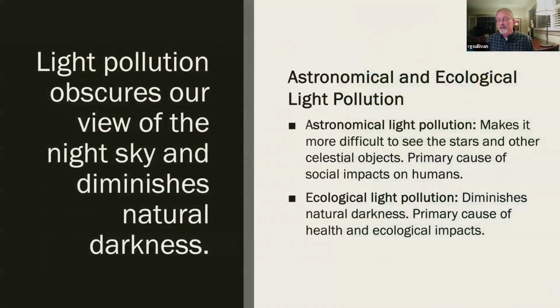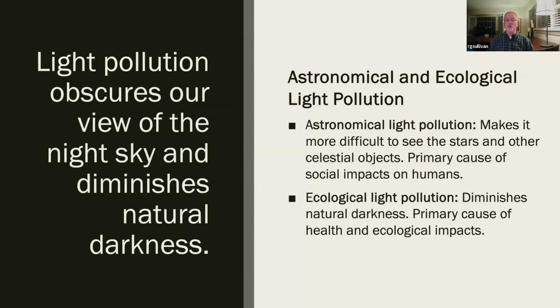Okay, so now we know what ALAN is, we know what light pollution is, and what does it do? We often refer to two types of light pollution. It's all coming from ALAN, from artificial lighting at night, but sometimes we'll talk about astronomical light pollution, and that is the light pollution that actually makes it harder to see the stars, the Milky Way, the planets at night, or anything. So when you look up and you can't see what you want to see or what you should see, we call that astronomical light pollution.